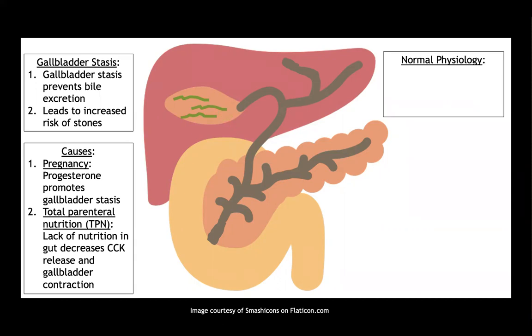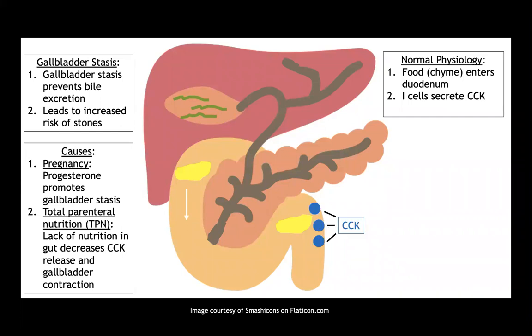contractions. So normally, if you or I had some food, it would enter the duodenum, and it would stimulate CCK. Remember, amino acids and fatty acids can stimulate your I cells to secrete CCK or cholecystokinin. That cholecystokinin will ultimately interact with the gallbladder and cause the gallbladder to contract, and you'll end up with bile